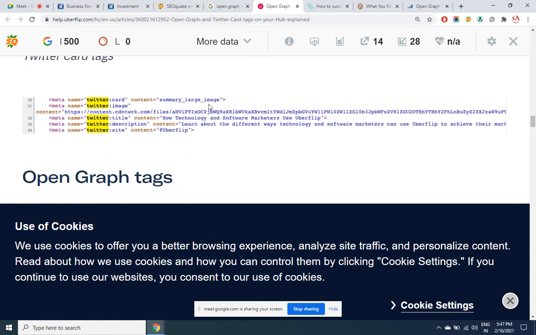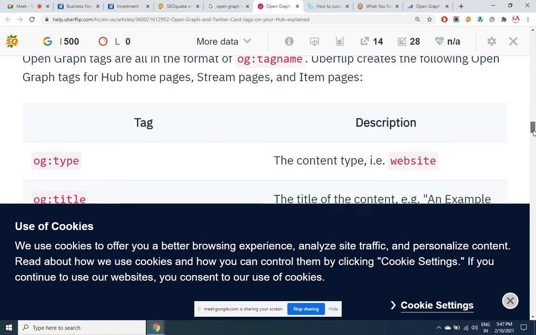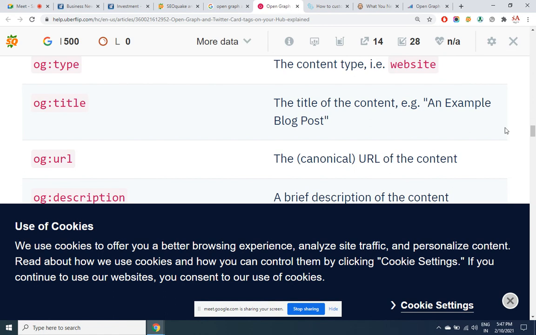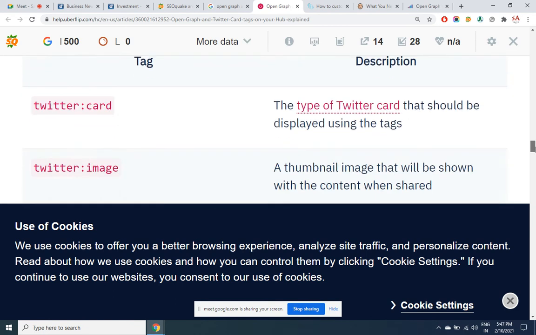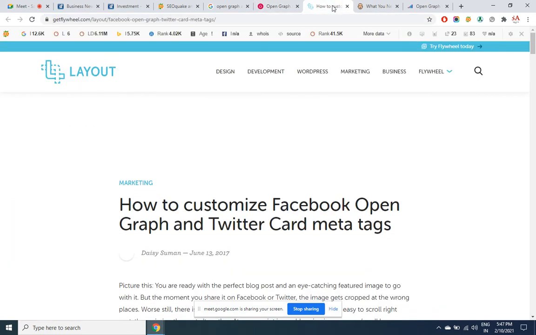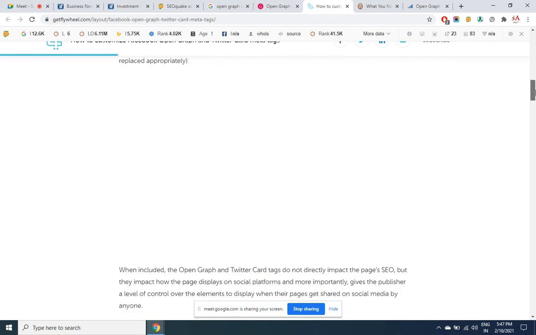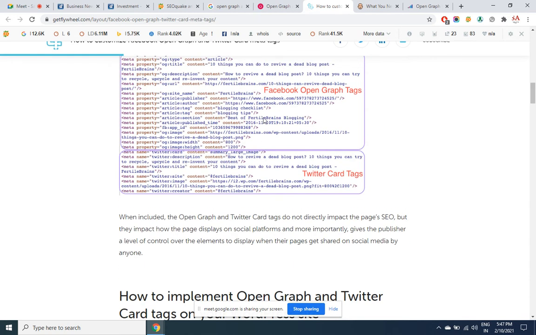Here also, you can have the same title for the title tag, OG tag, TC tag. Same description for the OG tag, title tag, TC tag. But you've got to punch this separately. Everything is explained here. So this is a good page. This is one good URL that you can explore about the OG and TC tags. Even here he has explained it: Facebook Open Graph tags, Twitter card tags.